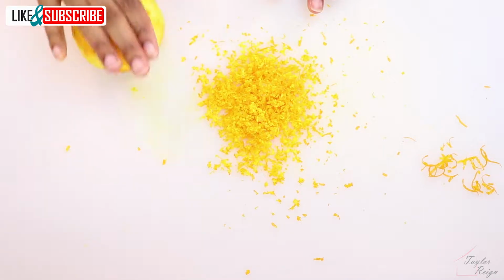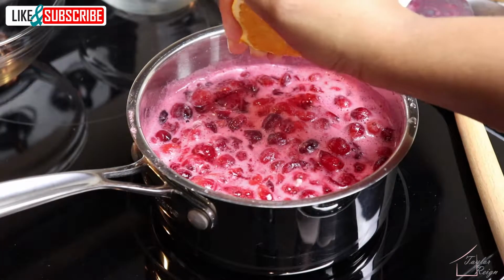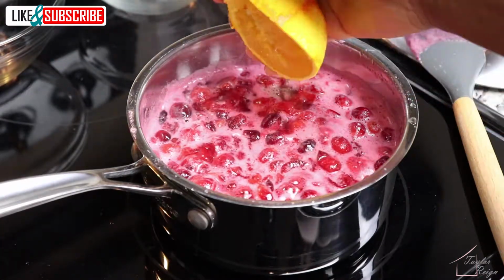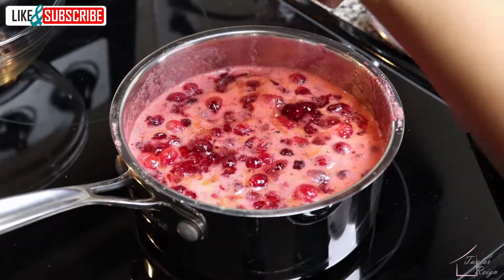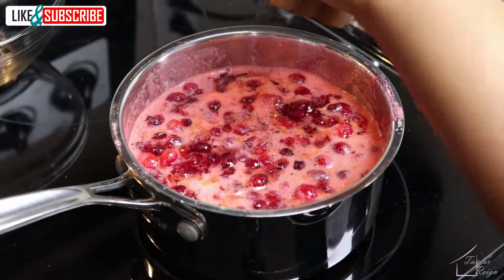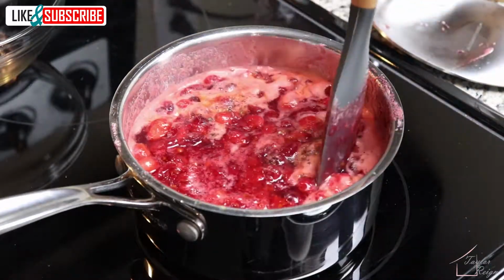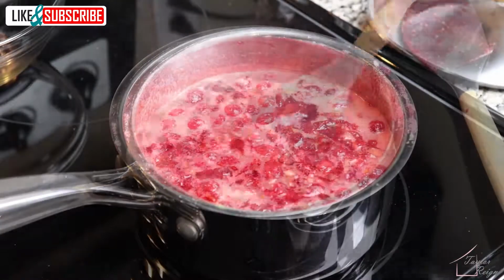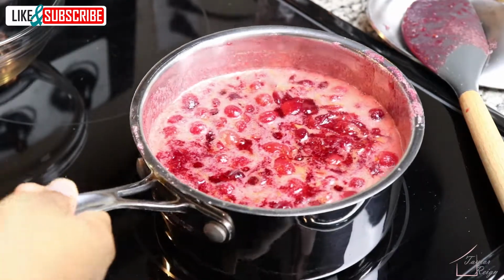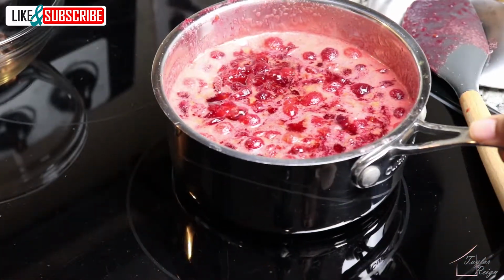I'm going to roll the orange so that it's easier to squeeze by hand. Then, just squeeze the orange directly into the pot. Add the orange zest and some fresh cracked black pepper. The pepper is the secret ingredient that really elevates the flavor and cuts the sweetness just a little bit to make this perfect. Once your cranberry sauce has been cooking for 10 minutes, move it off the heat and let